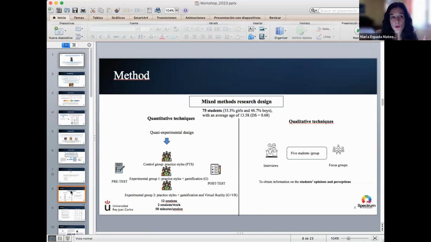All groups made a pre-test before the intervention. Then we made an intervention with 12 sessions, 2 sessions per week, and each session lasted 15 minutes.